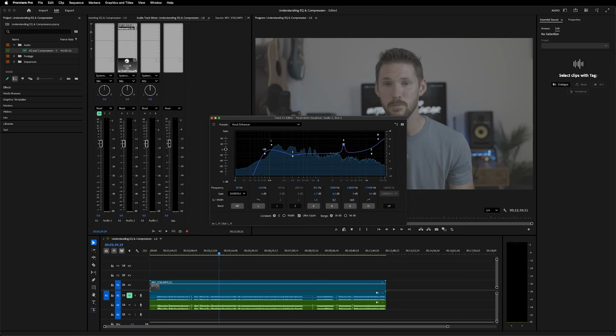So maybe I'll make it a bit more narrow, kind of like a little peak there of a mountain. And then you can just drag it while the audio is playing, move it back and forth until you find that buzzy, unnecessary frequency, and then you can just gently scoop it out. So for example, I'm not feeling that for this one, but just to give you an example, if we hit play,